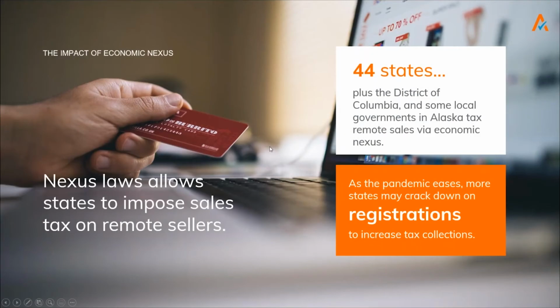All right. So what is the impact of e-commerce? There are a lot of states that have implemented what's called an economic nexus standard. So prior to 2018, most states followed a physical presence standard. There were a number of renegade states that had some additional ways to create nexus. So nexus is basically that connection between a jurisdiction and a company that can allow them to require that company to collect their sales tax.